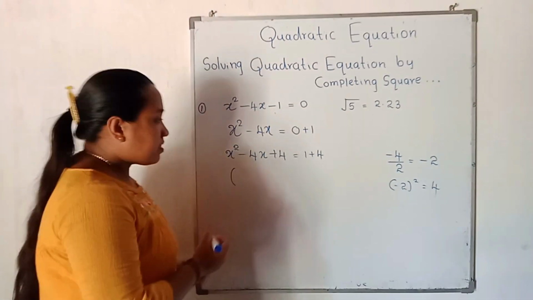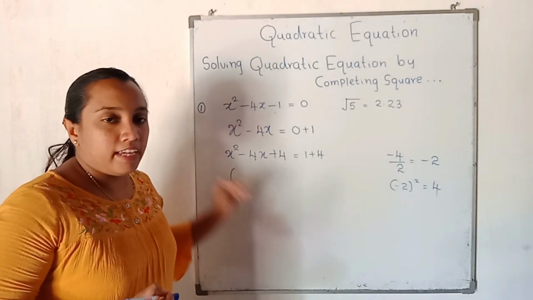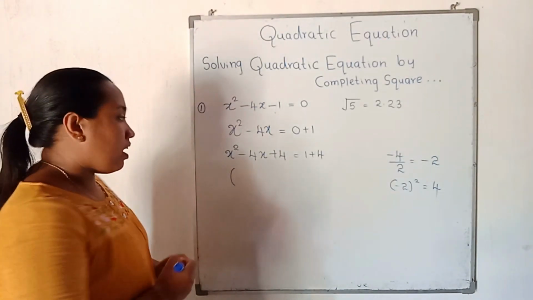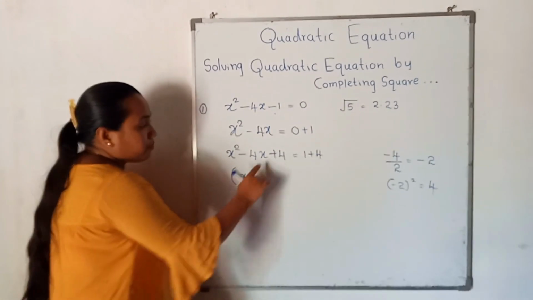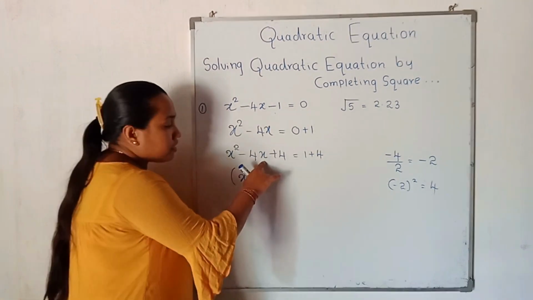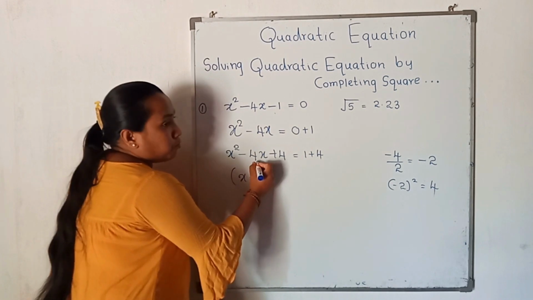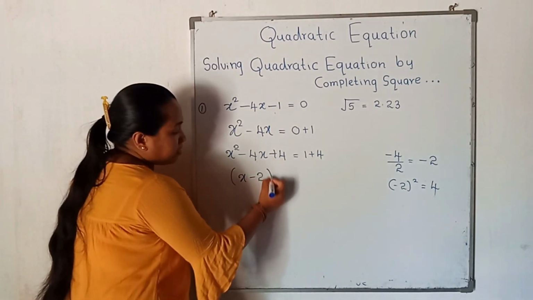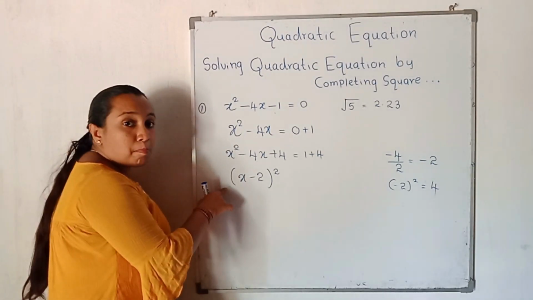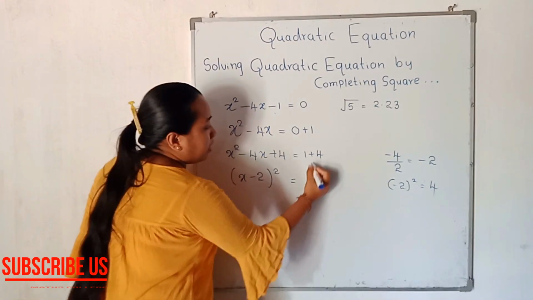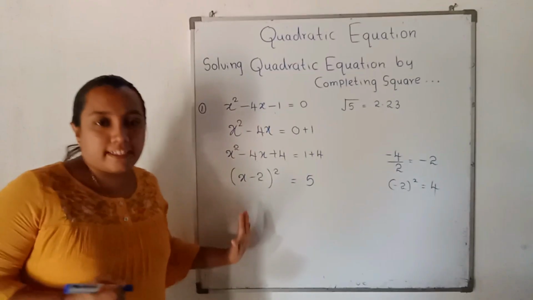In my previous sessions, I explained how to write the quadratic equation as a perfect square. Look at it. Get the x terms, get the x in here. After that, the coefficient of x divided by 2 goes here. 4 divided by 2 is minus 2, square of it. This quadratic equation is written as a perfect square. Right hand side 5. Then how to find the x in here?